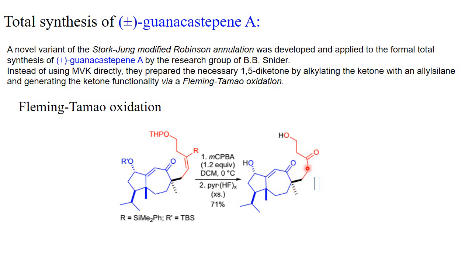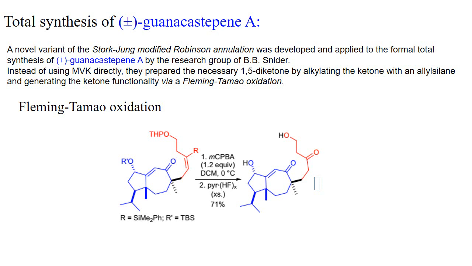See over here, what's happening over here? This is the R group. This is the reactant which is required for the preparation of racemic mixture of guanacastepene A. See this one, this R, the red colored R, is actually the phenyl dimethylsilyl group, and this is the tetrahydropyran group, and this R prime is a silyl group. Sorry, not tertiary butyl, it's a tributyl silyl group.